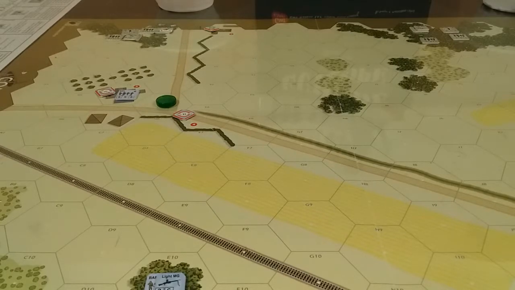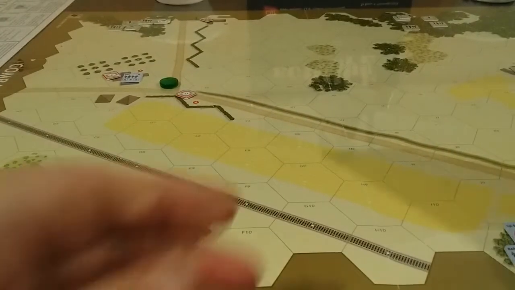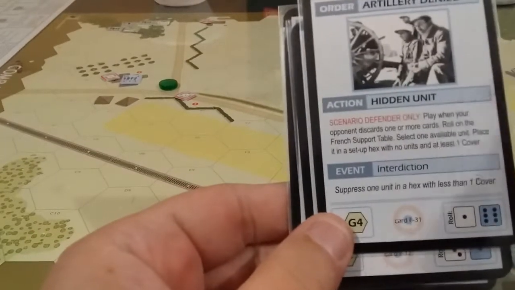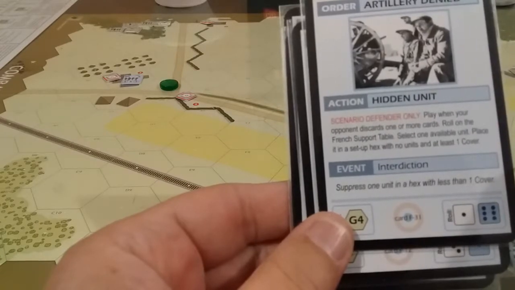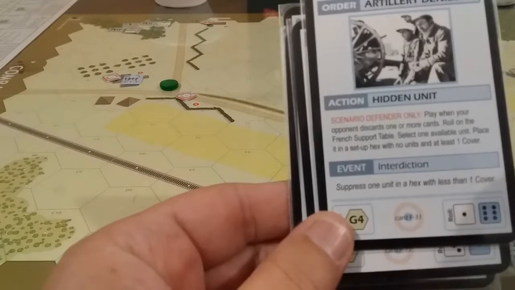A 1, a 2, and a 3. And let's see what the French Moroccans wish to do. So they've got a hidden unit 1 here. So roll on the French support table when the opponent discards 1 or more cards. So that's not too bad. So we can do that up, and then we can place it in a setup hex with no units and